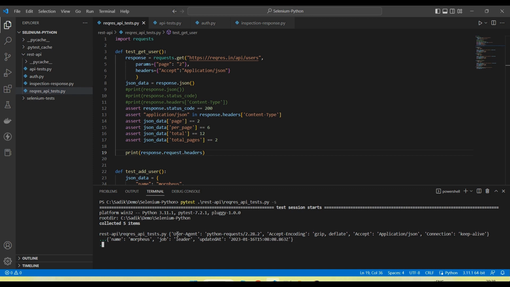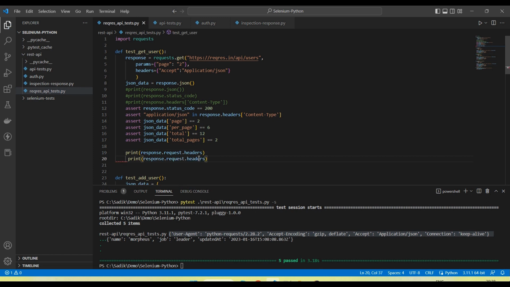So you can see this is the header of the request. So we can intercept the request details and print them, and if needed we can also provide all these details in the logs. And if we have a JSON body, we can also add